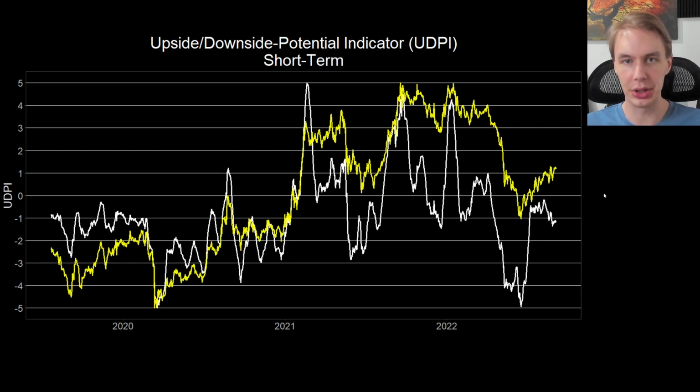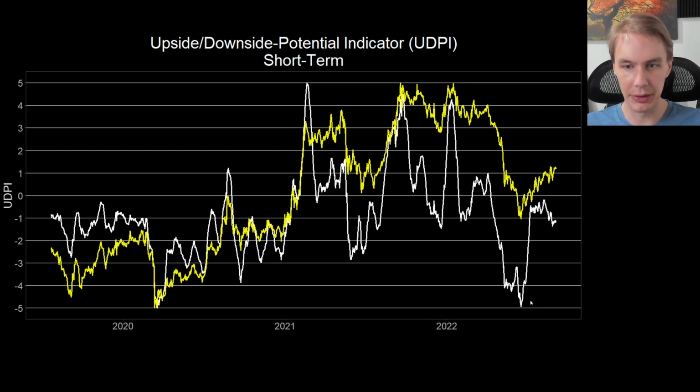And if we look at the short-term UDPI, speaking of short-term, this also can give us some useful insights. This is the short-term version of the model that cares about moves that play out over days to weeks, so much shorter in its time preference. And you can see it does, again, a good job of quantifying risk at different points, but you'll also notice it's more volatile, given that it picks up more on these local moves than the long-term UDPI does.